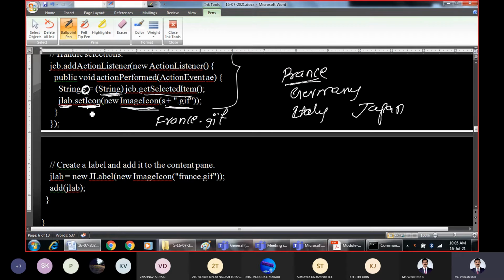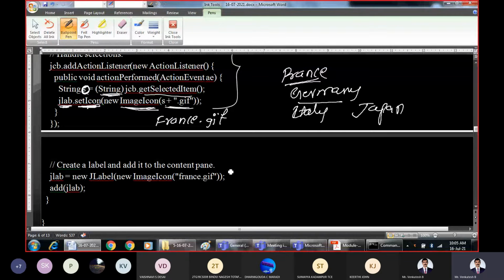That means we are creating an icon-based label here, like how we discussed with JButtons. If you select Germany, then Germany.gif will be used. That image will be used as a parameter to create the ImageIcon. Then that created icon will be passed to the setIcon method to create the icon-based label.